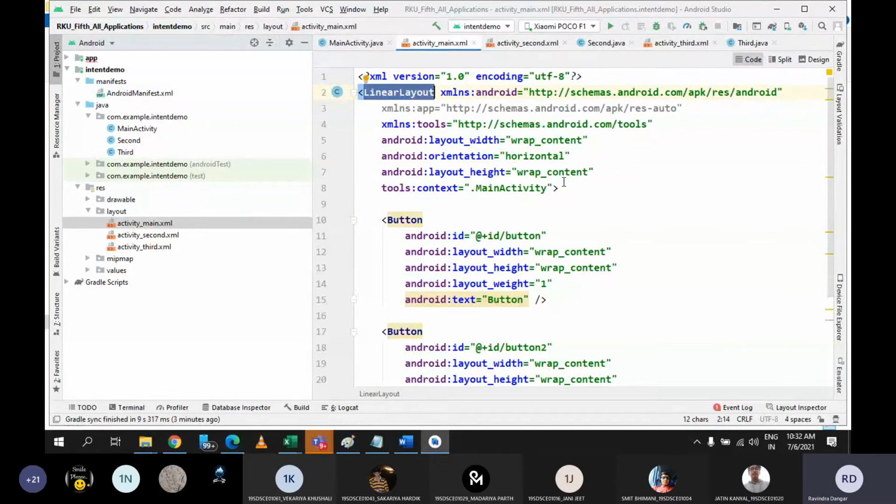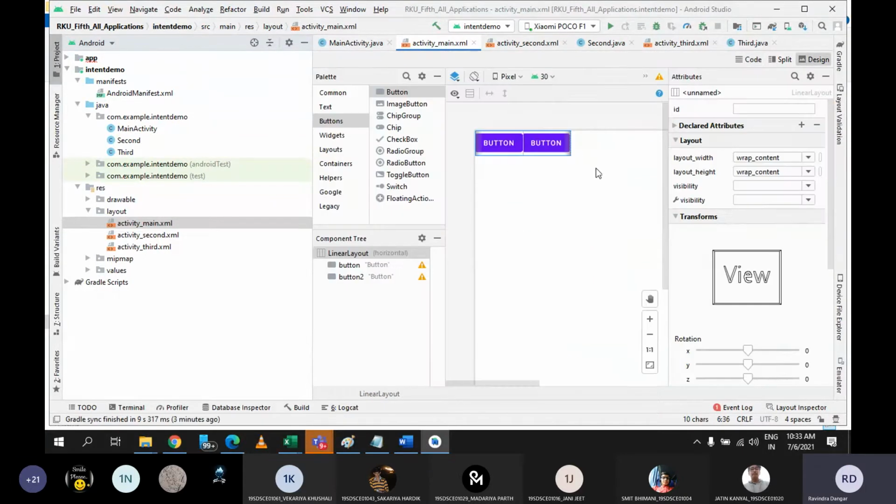Yes, sir. Yeah. Still, we are going to discuss linear layout in detail. Don't worry. But as of now, in each session, I'm going to use this linear layout. So that's why I'm trying to give the brief idea about linear layout. The only thing is you can use linear layout. You can set the orientation property. If you want your components in vertical fashion, then you can go with vertical. If you want them to be organized in horizontal, then you can set the orientation property as horizontal.